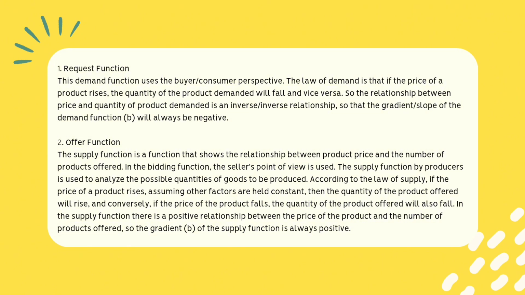Number 2, supply function. The supply function is a function that shows the relationship between product price and the number of products offered. In the supply function, the seller's point of view is used. The supply function is used to analyze the possible quantities of goods offered. According to the law of supply, if the price of a product rises, assuming all factors are held constant, then the quantity